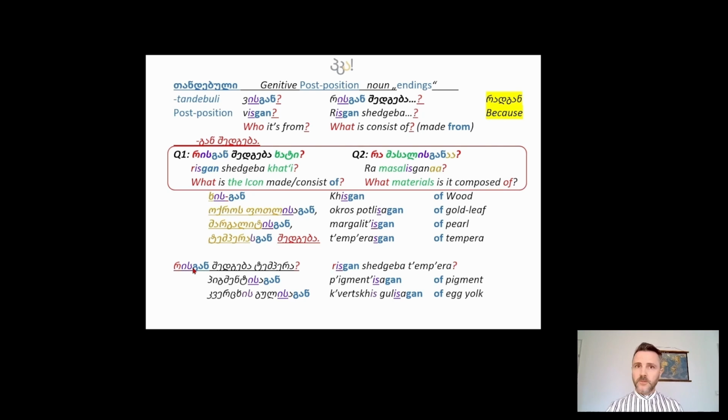It's not from, because visgan, toros gan. That's the name of the artist. Okay, so that's who it's from. But we're talking about what it's made of, aren't we? One thing I will add here, just for reference, radgan. Radgan means because. And it's out of that reason. It's from that reason. It emanates from that reason. And so I never really understood if it's completely connected, but it is a similar word. And also, now that it comes to me,